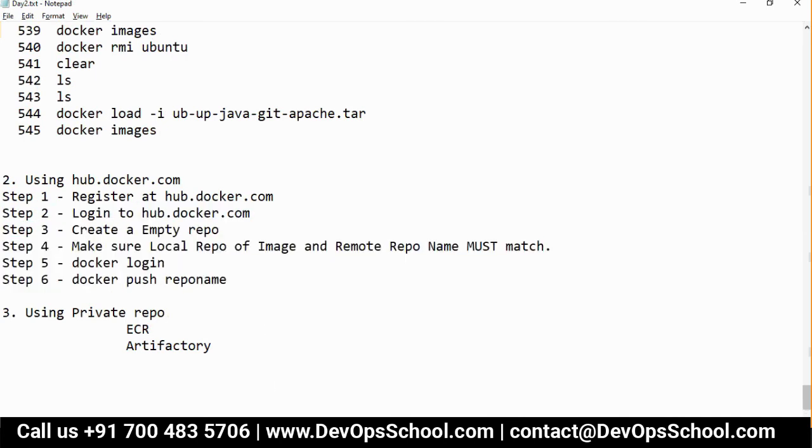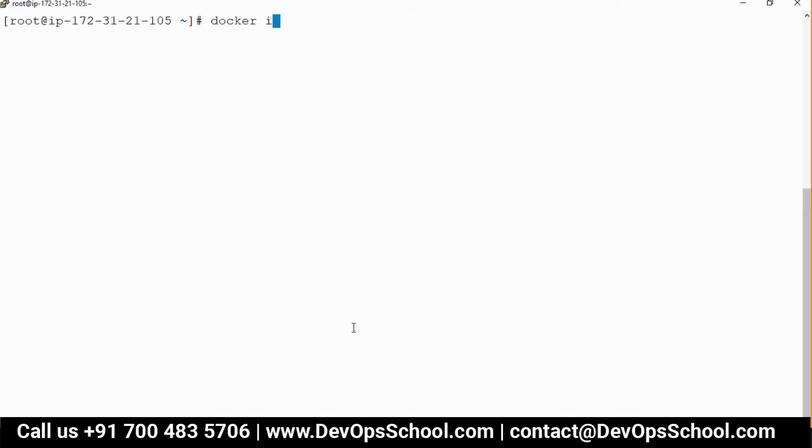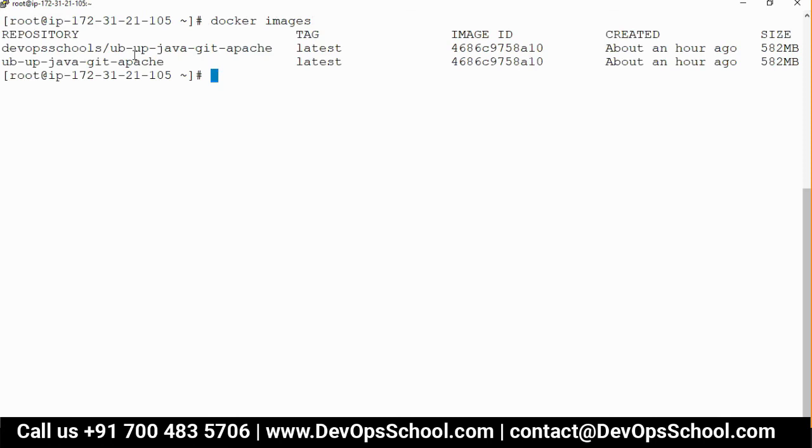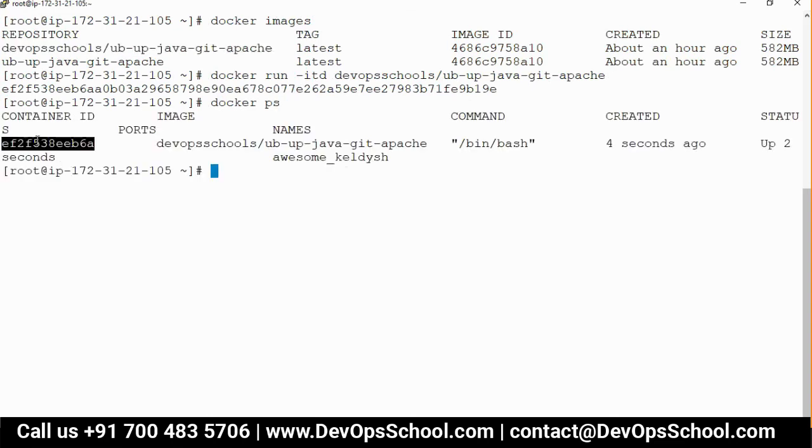Now the time has come for sharing the next version of the software. So what do we do in this case? Let's create the next version of the image first. This is the image. I am going to create a container out of it. Run -itd. This is the one. I created a new container. I'm doing it very fast this time. So I created a container, and I'm creating a version 2.